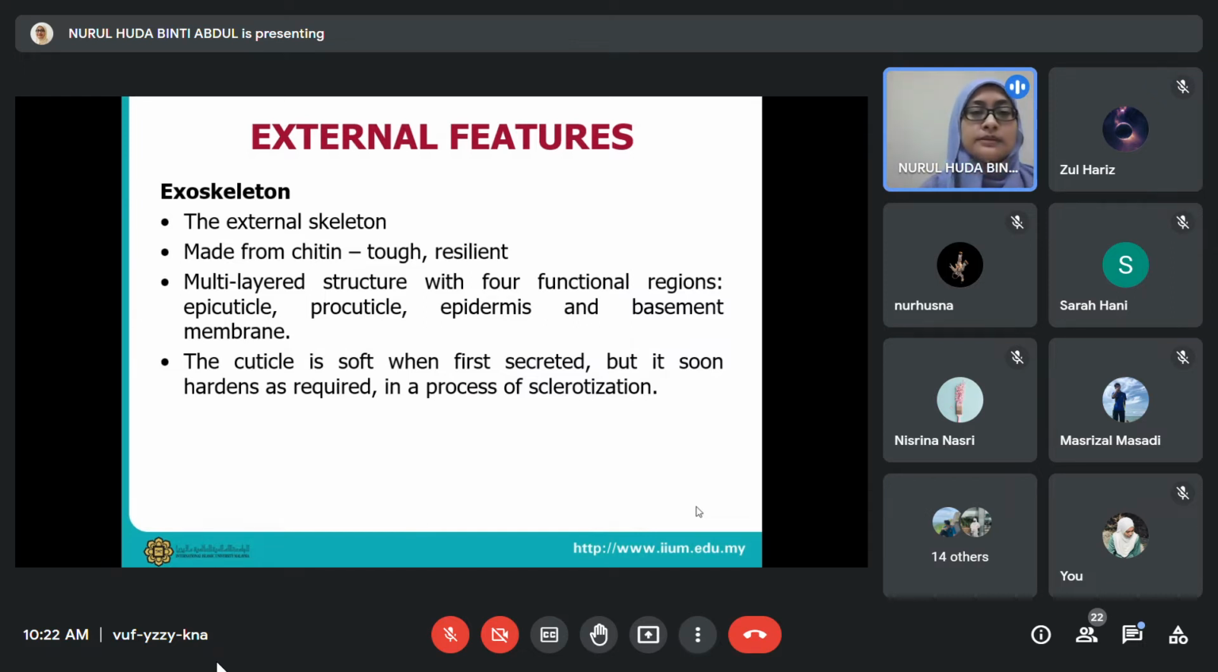Okay, so but this exoskeleton ada banyak layer. You have to remember that lah. Kalau tak ingat layer ni pun tak apalah. Okay, and then the first cuticle when they secreted is actually very soft. Dia macam sangat lembut. Kalau let's say tadi kawan kamu kata dia ada tengok dari apa